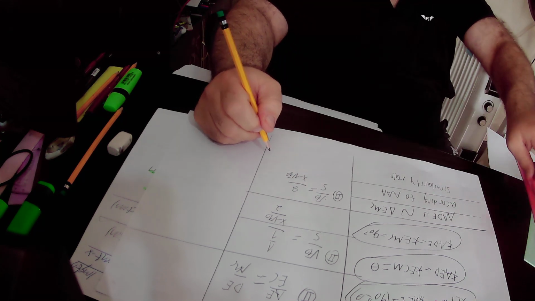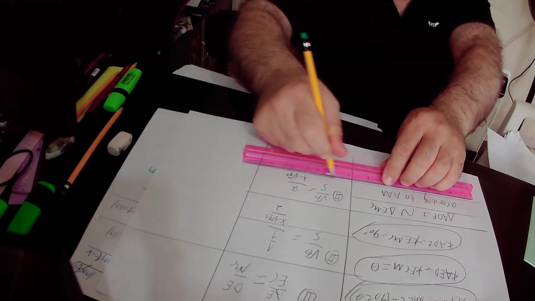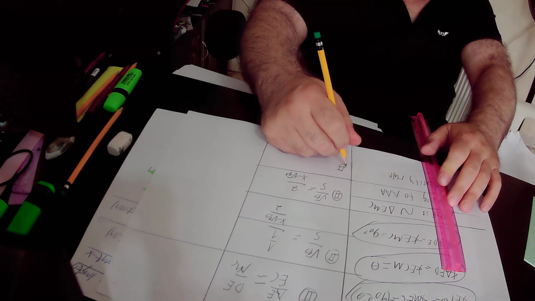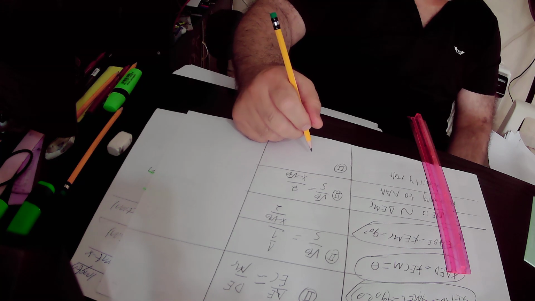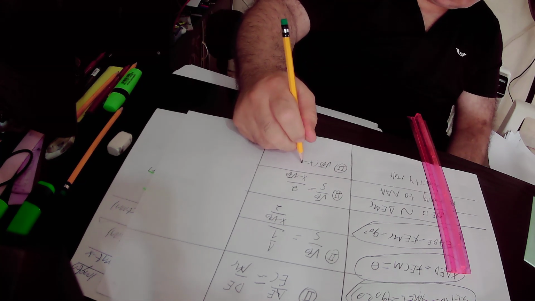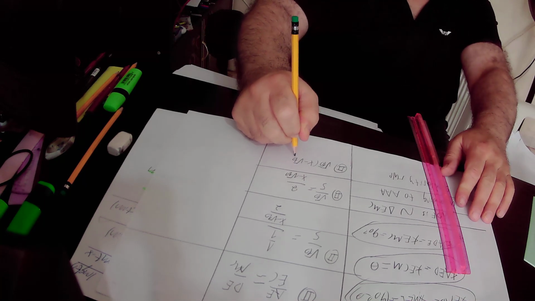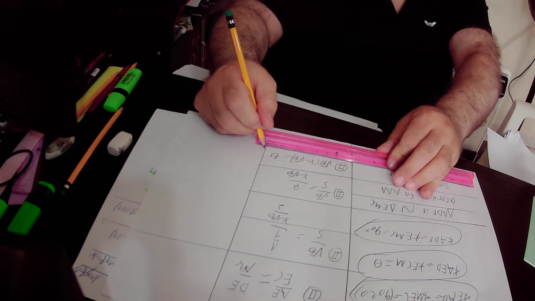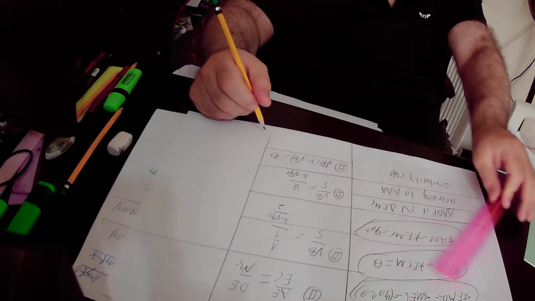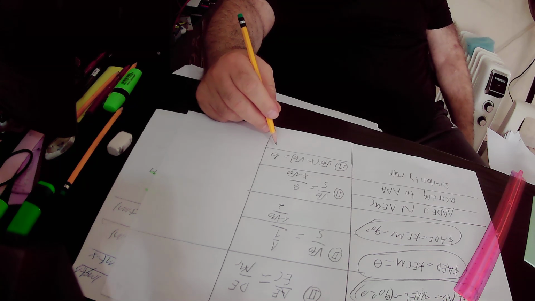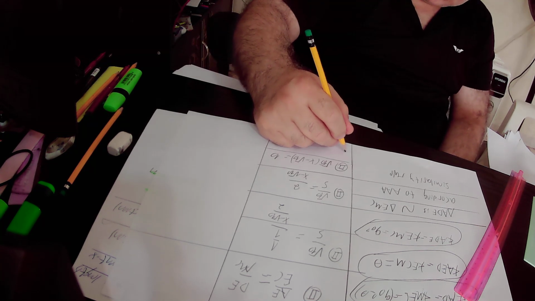Here we will cross multiply this equation number 2, and we will get that according to equation number 2, square root of 10 times x minus square root of 10 equals 5 times 2, that is 10. 10 is square root of 10 times square root of 10, so we substitute 10 by square root of 10 times square root of 10, and we get that according to equation number 2,